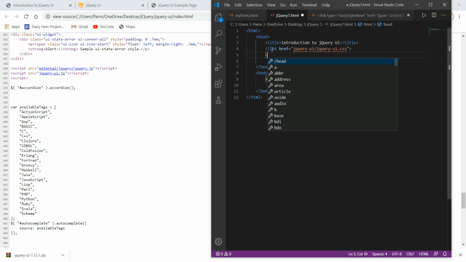Then one more JavaScript file we need to include, that is script src equal to jquery dot min dot js.